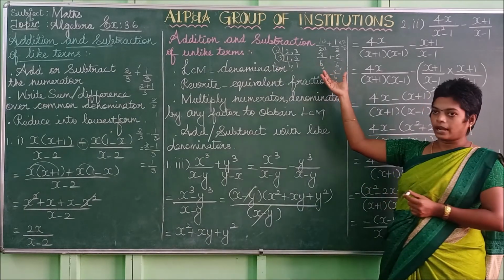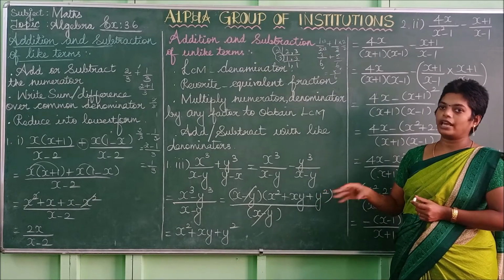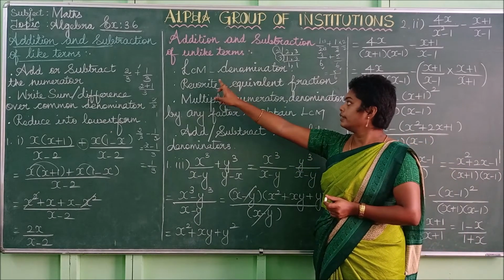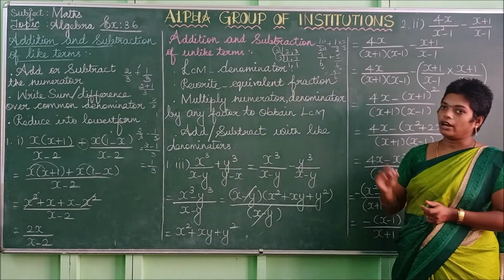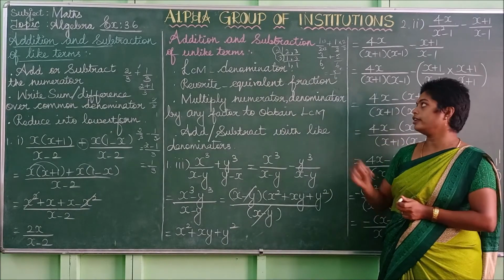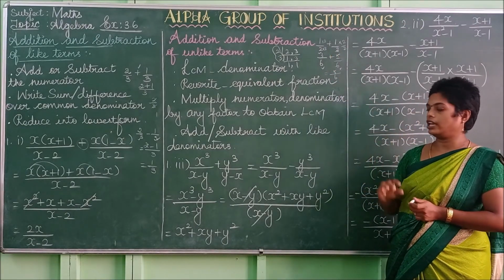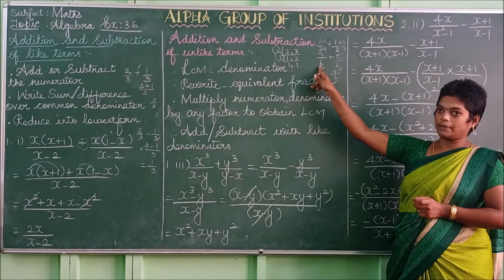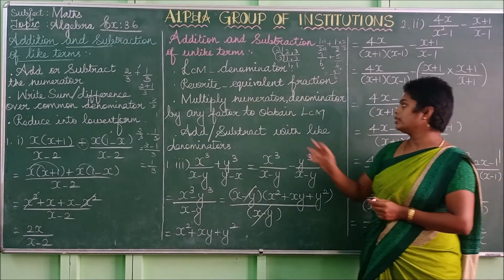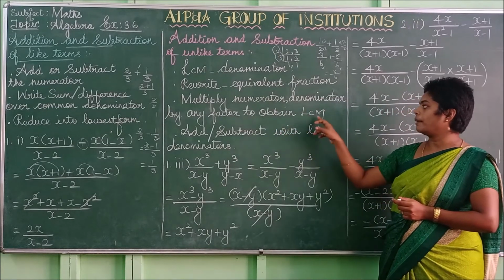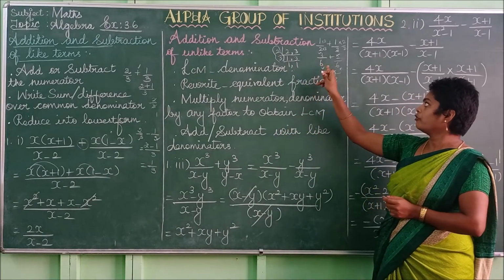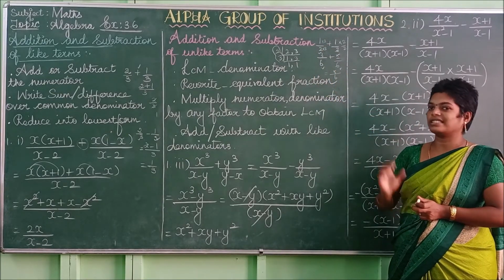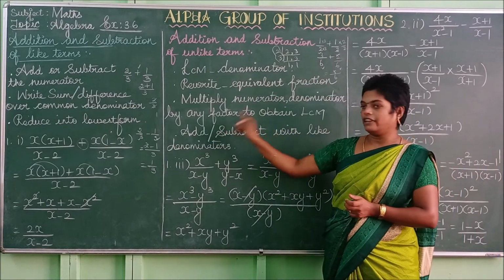So listen, this is for numbers. Now we are going to do the sums for the algebraic expression. With this process we are doing it in a similar way. So the first step is to take the LCM. You have to take the LCM for the denominator value. Here we have taken it, so in a similar way you have to take LCM. Rewrite as an equivalent fraction. So this 1 by 2 can be rewritten as 3 by 6. Multiply numerator and denominator by any factor to obtain the LCM. So here the LCM is 6. For obtaining that 6 as the LCM, you have to multiply the numerator as well as the denominator by some number. That is called any factor.